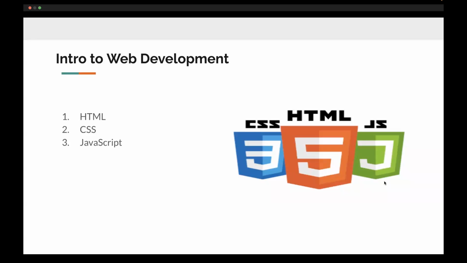Anyone? HTML is skeleton, that's great. Anything else? CSS is body mass, that's great. Anyone else? JavaScript is a mind, great. So